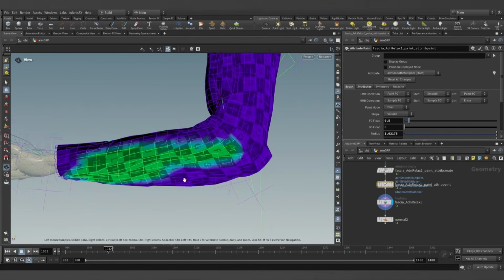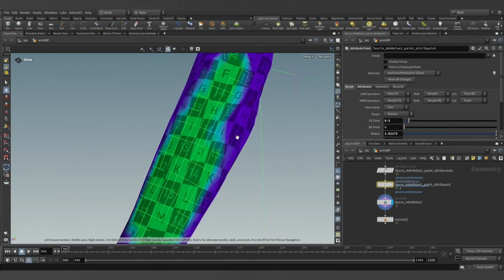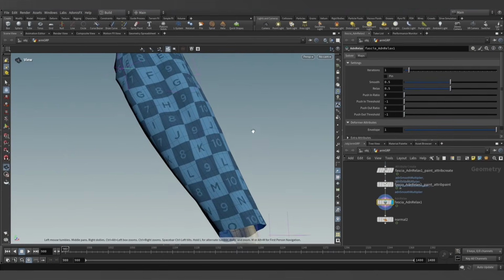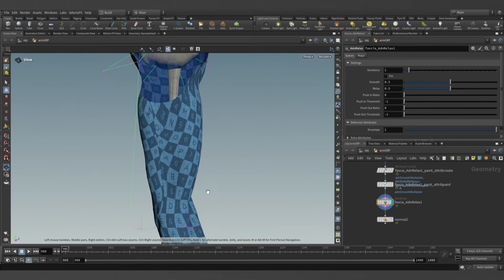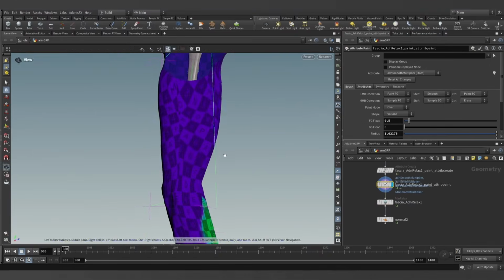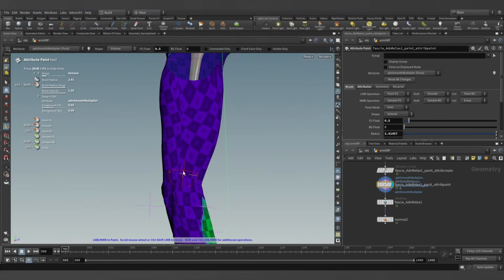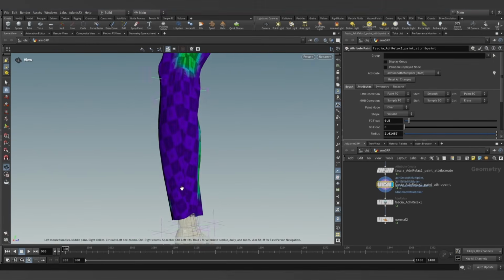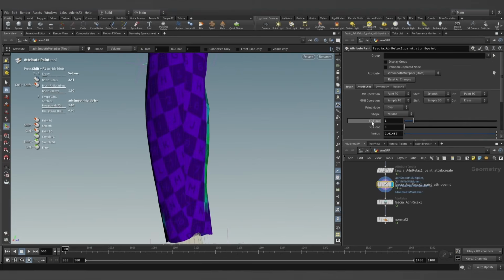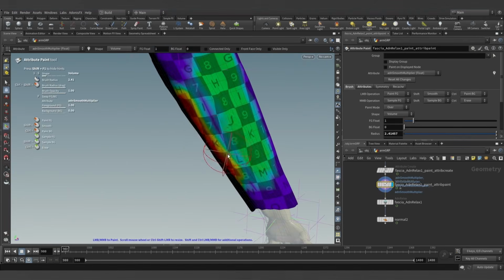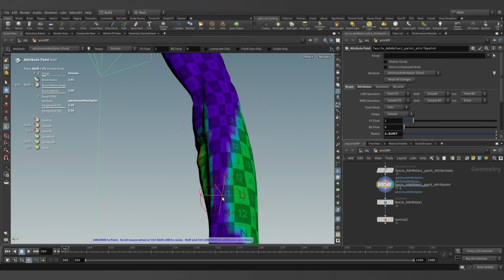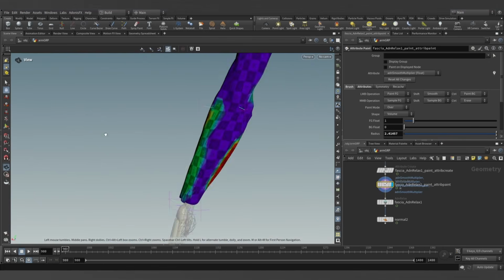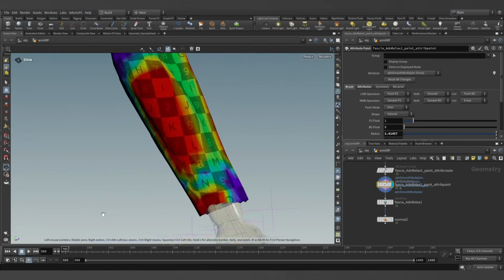Great. And yeah, if we are at start frame, we can visualize the difference in result right here. So yeah, and probably we also want to use like a value of 0.5 in this region right here. And yeah, and then some areas we might want to actually use a higher value of 1. So for example, in this area right here, and yeah, in this area right here. So something like that,